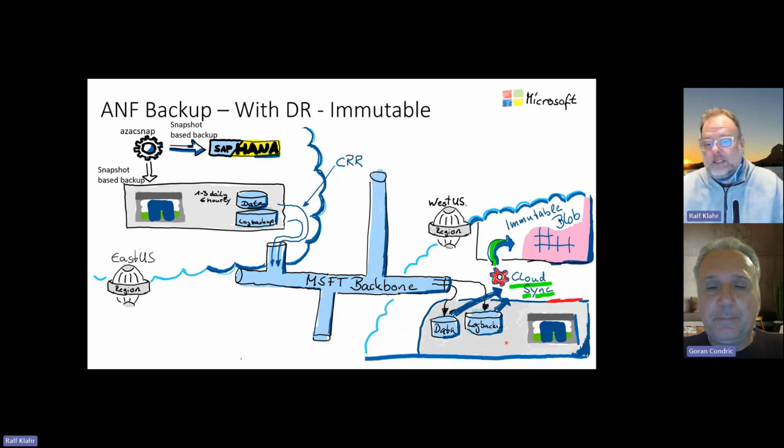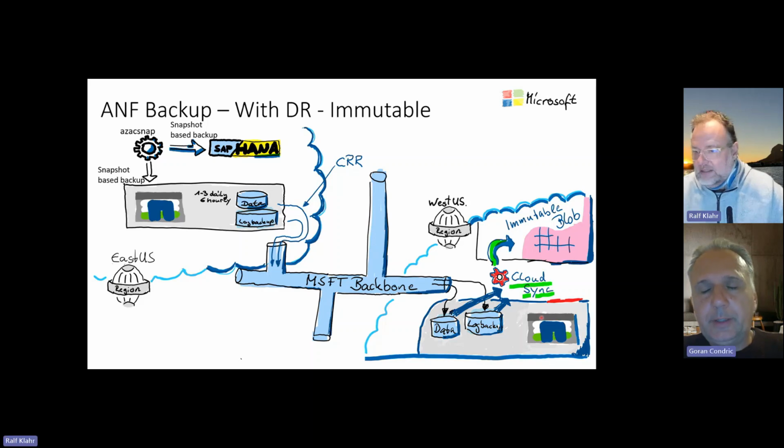Correct. And another advantage here is that the data from the production system can also be used to clone and do a system refresh of your QA system, if your QA system is in the West US. This is what customers mainly do: they have their production system in one region and the DR system or QA system in a different region. That is at least how I would configure it, because then you can leverage this ANF volume to create clones and do the system refresh very easily.